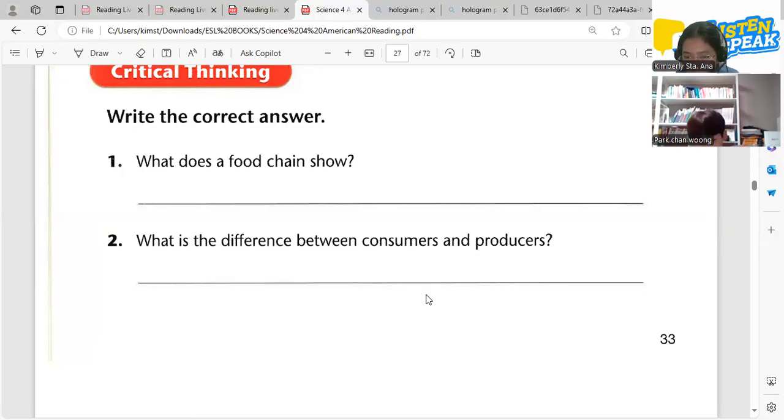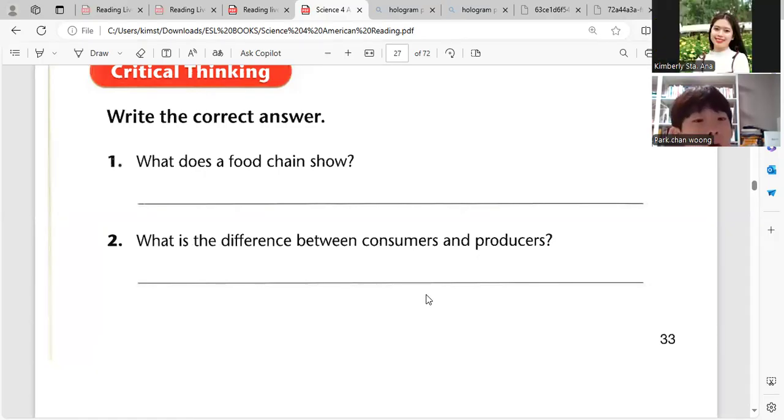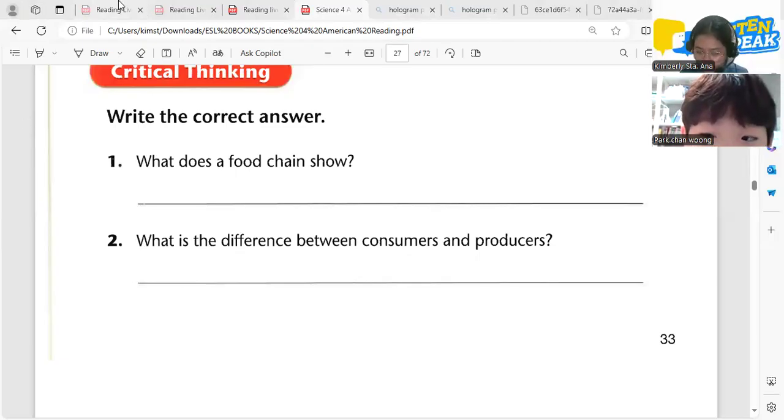Okay? How about number two? Can you help me with number two? Let's read it first, please. What is the difference between consumers and producers?